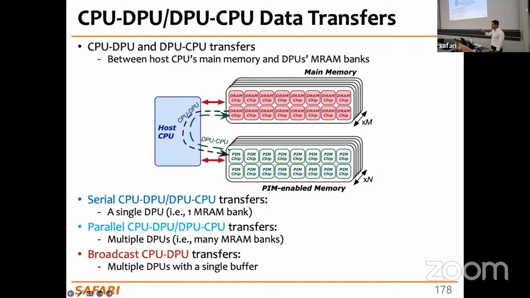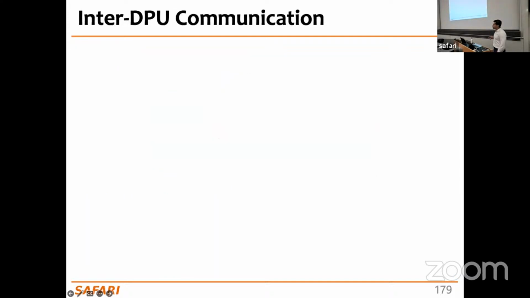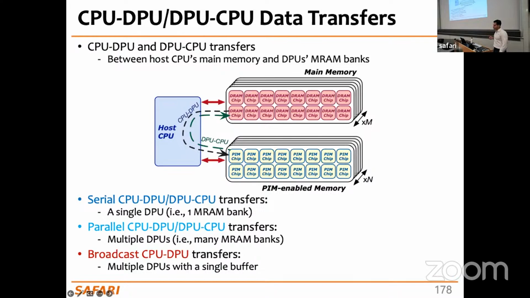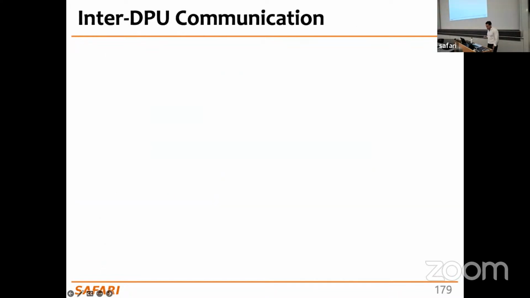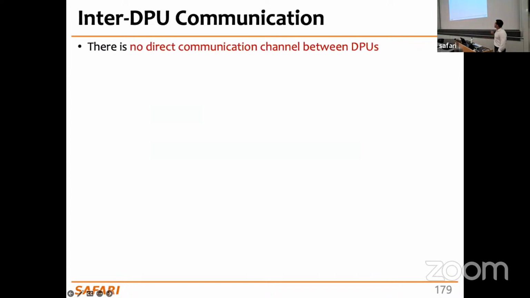So it's only a single direction. Here we can move a single piece of a single buffer to multiple DPUs at the same time. You're going to see how you program those data transfers in more detail later on. An important thing about the UPMEM processing-in-memory system is that there is no direct communication across the DPUs in